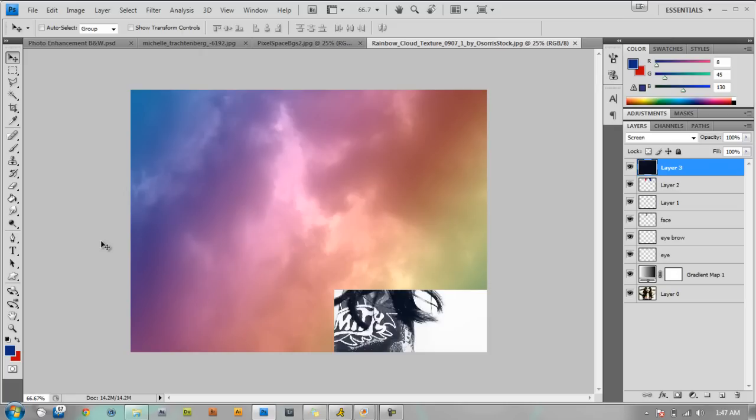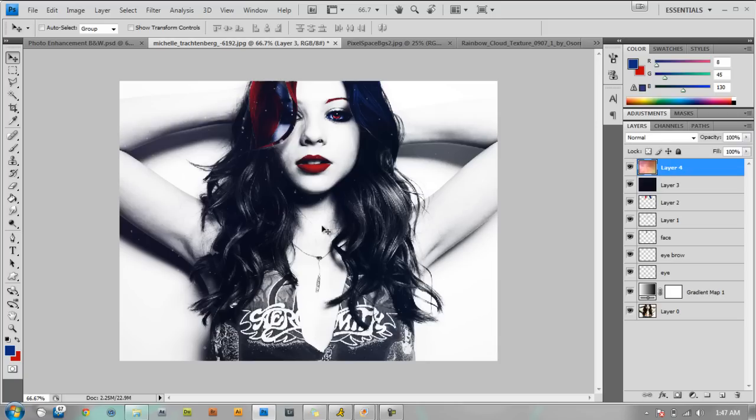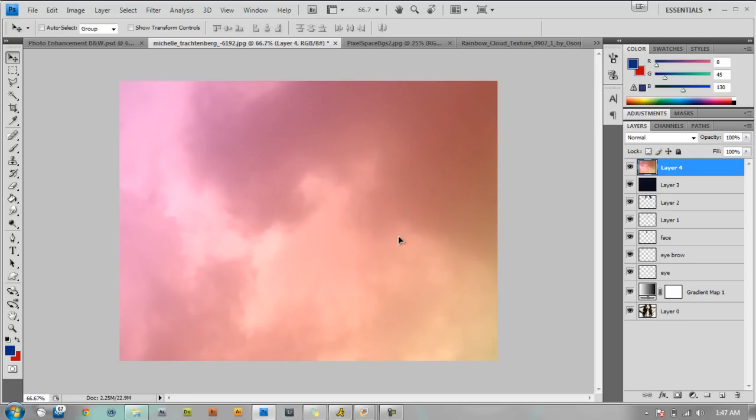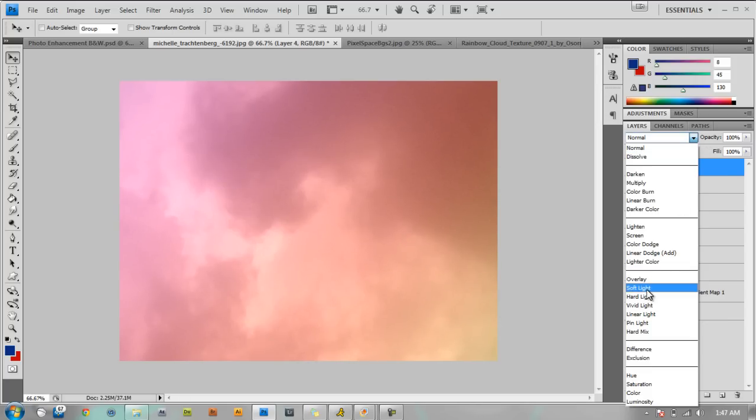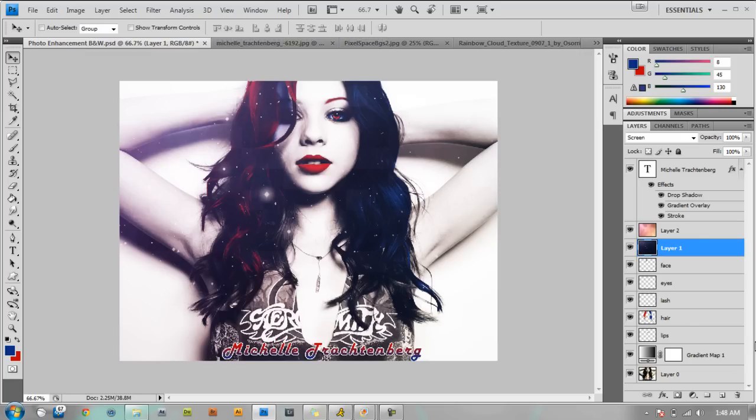Alright, and then you're going to do the same thing. Select your Move tool, drag it onto your document. Alright, kind of position it anywhere you want it. And then you're going to change the blend mode to soft light. Alright, and you're going to reduce the opacity to about 40, 45. Alright, and there you go. That's basically how you do